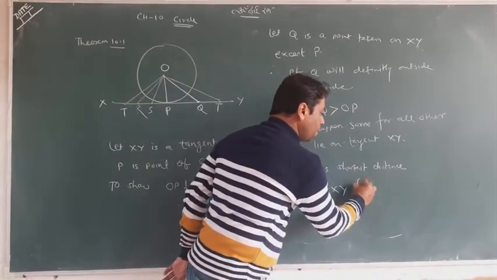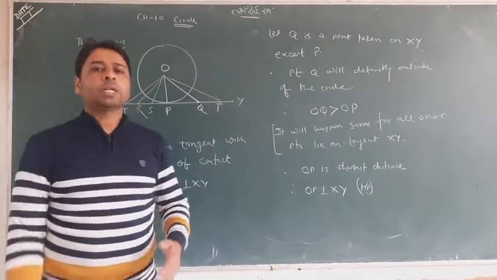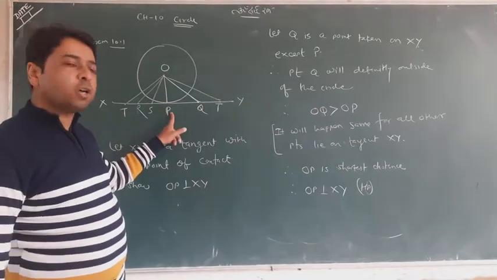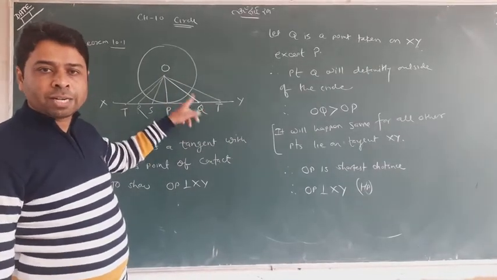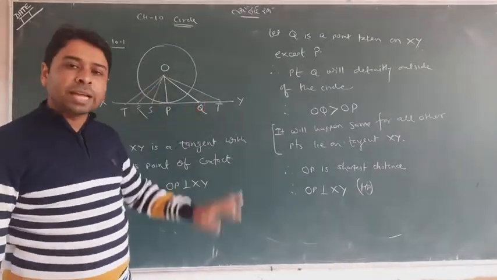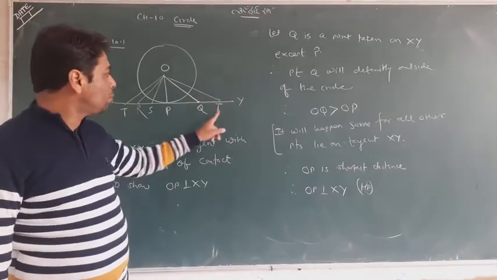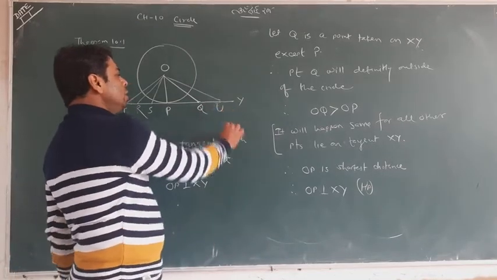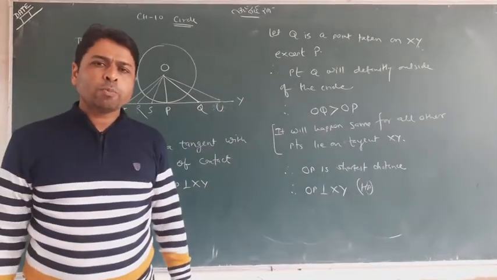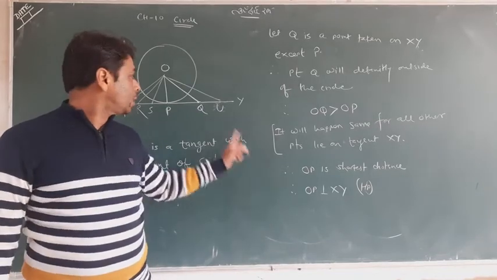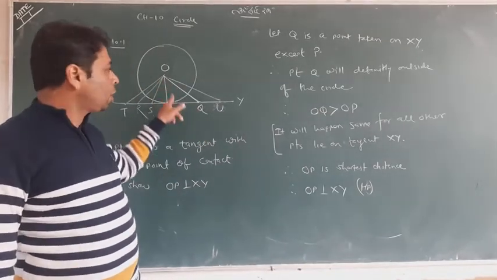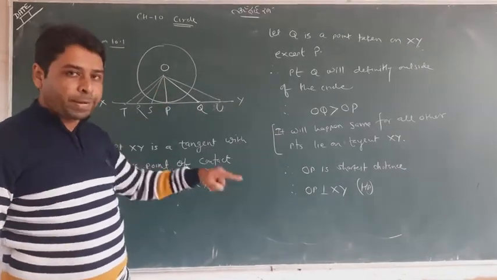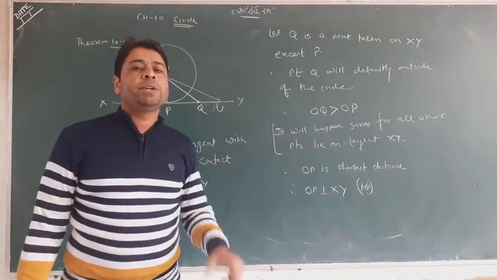This is in simple language. You should only know how we describe the answer. To understand, if P is on the circle and Q is outside of the circle, definitely OP is shorter than OQ. Similarly, if you take more points like S, R, except P, all the time OP is going to be the shortest one, and if it is the shortest, definitely it is perpendicular, and that is what we have written finally.